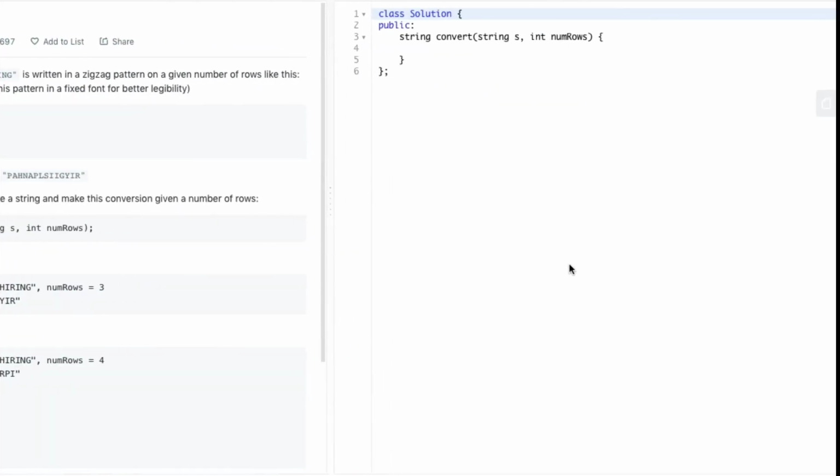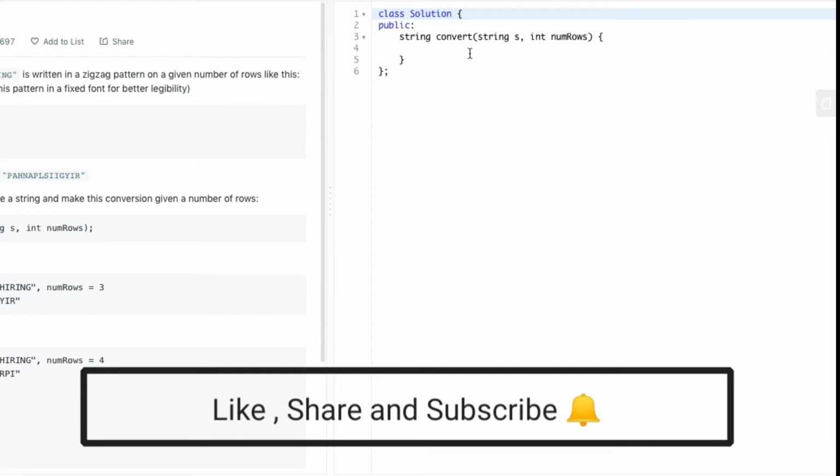So finally we can begin with the code. Initially, we need to check whether the number of rows is equal to 1. If so, we return the original string.